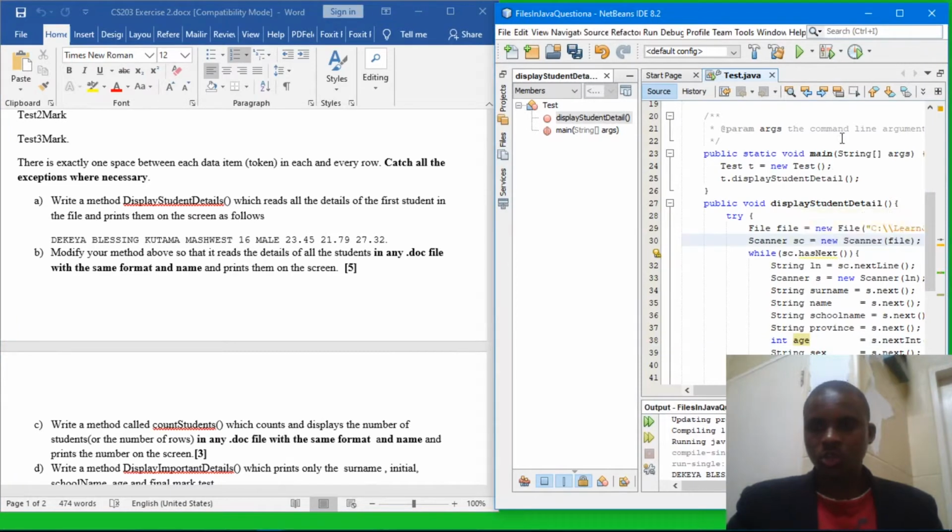So here the question says on question B, modify your method above so that it reads the details of all the students in any .doc file with the same format and name and prints them on the screen. Okay, so here guys, the method that you are being asked to modify is the display student details method that we have already done.